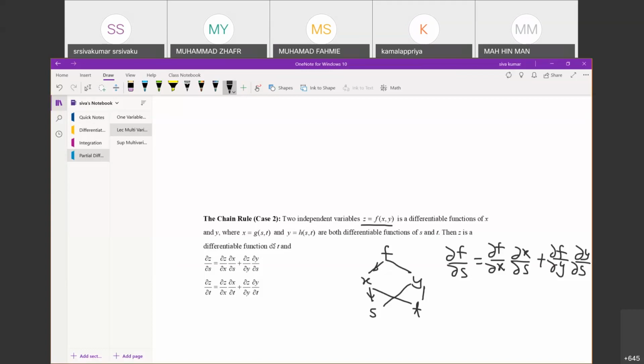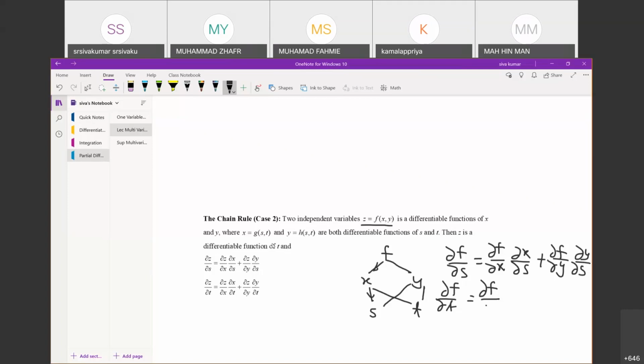If you want to focus on del t, del f del t, you use the same logic. By now you can write it on your own. I hope that you can do that by yourself. This is practice. If you don't practice and you just watch the screen, there's no point. I want you to take a paper and just write. You can copy this, no problem. At least you know this is how the system really works.